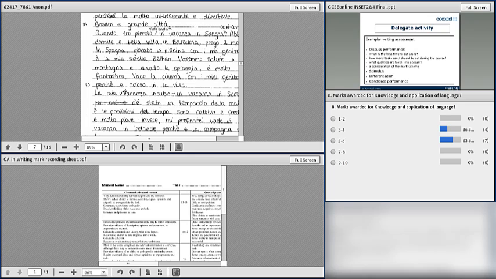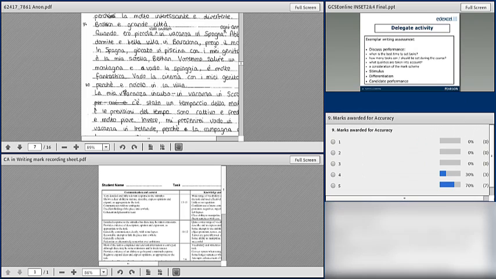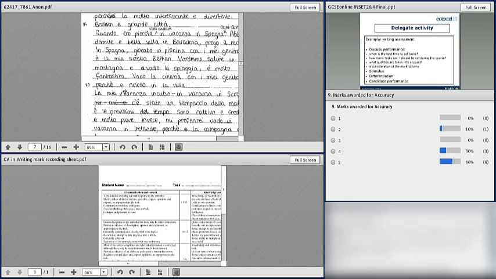And finally, if we bring on the last one, the accuracy one, I expect we're going to have a split. If you had some 4s and some 5s, you're probably going to have some 2s and some 3s here, and even some 4s. Okay, I think somehow the poll is already broadcast.